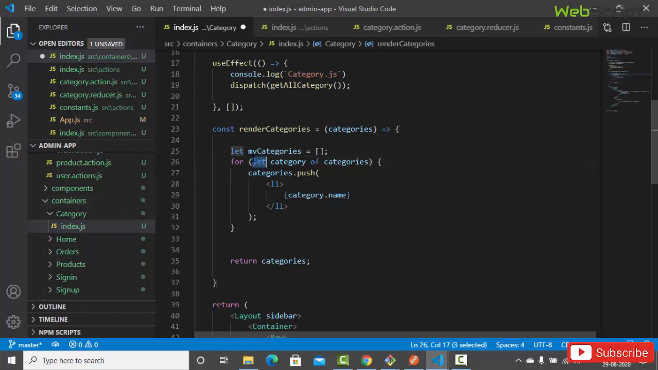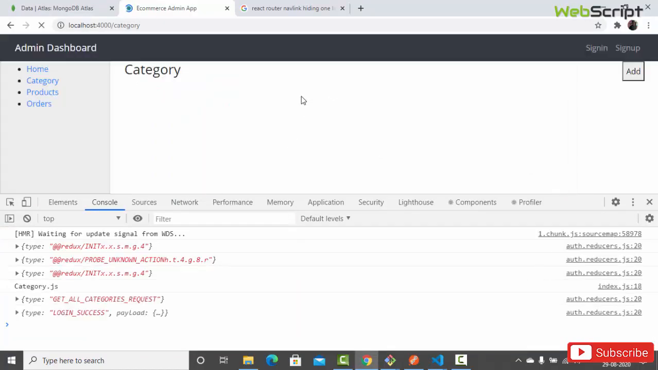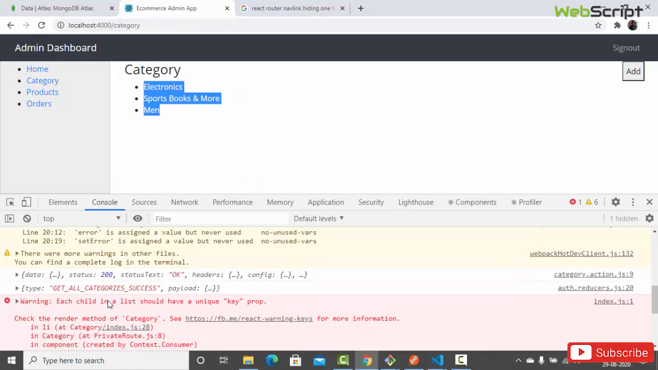Now let's copy this myCategories and paste over here, myCategories.push. So we are going to push the li tag inside myCategories, and now let's return myCategories over here instead of categories. Save, and here we get "objects are not valid as React child." Okay, fine. So here we have got electronics, sports, books, men, and we have also got an error in the render method